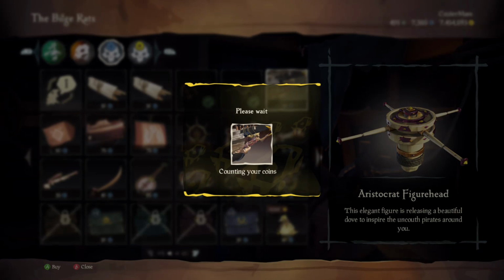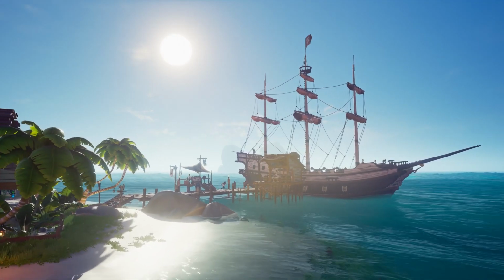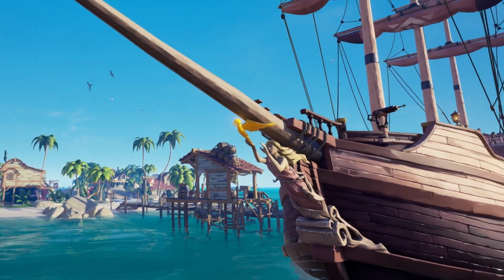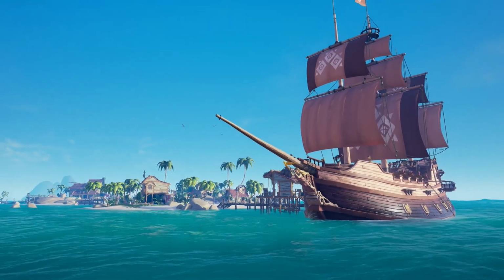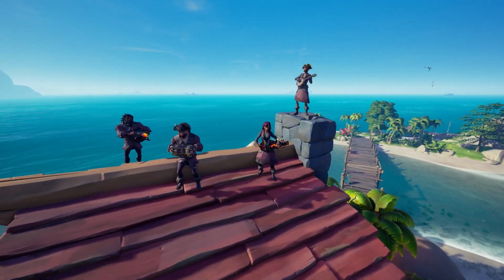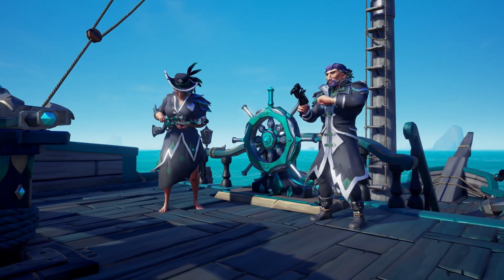And we have some new cosmetics. In the black market we can find the Aristocrat ship. Parts of it are a reskin of the Obsidian set, but the figurehead, flags and sails are all original, and I personally really like this set. We also have some more mercenary items and a reskin of the Corsair set, a reskin of the parrot weapons